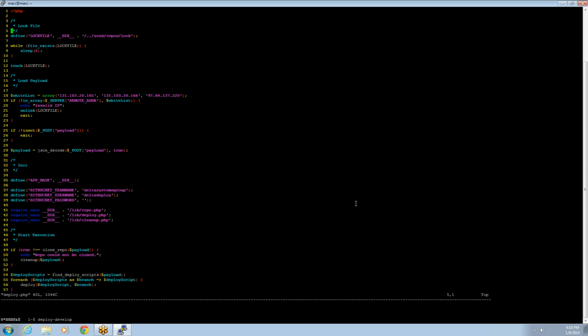I didn't really write it in Zend or with any sort of framework or anything. I just wrote pure PHP. And most of what I have so far is in the deploy.php. It does a few things. Start off with a lock file,